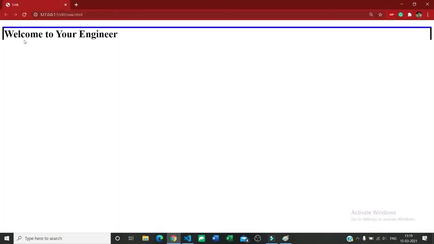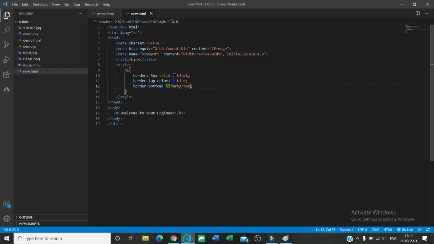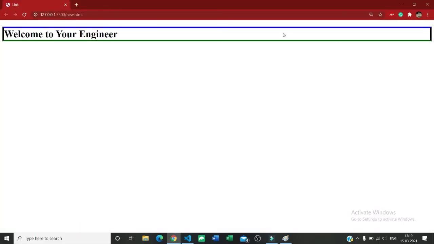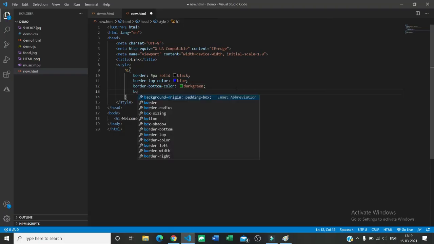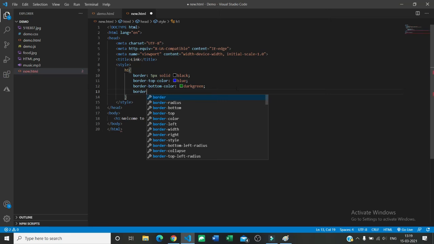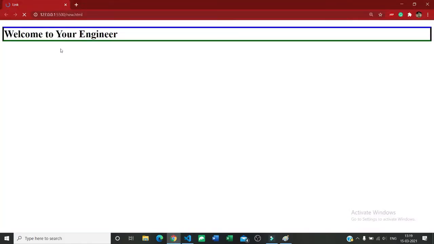Sorry, you have to apply the color here also. Now you can see that its color changed to green. Now you can give some more things like border style, and here you can give different things, like I am going to give dotted. So in dotted you can see that the style of the border has become dotted.